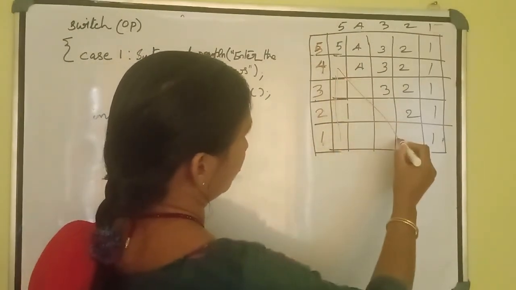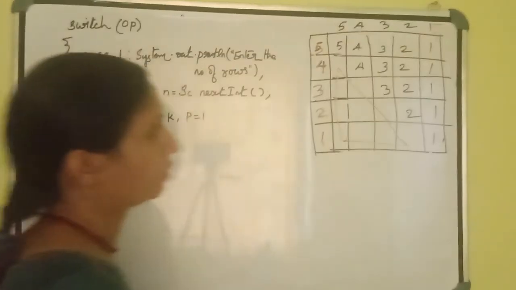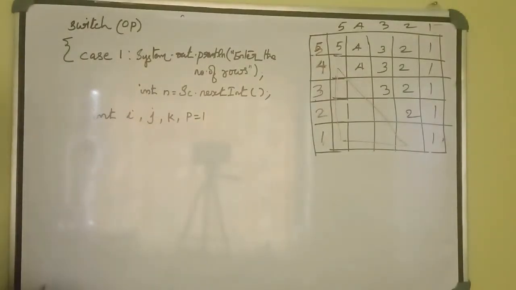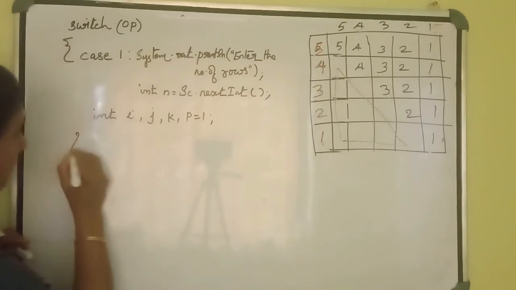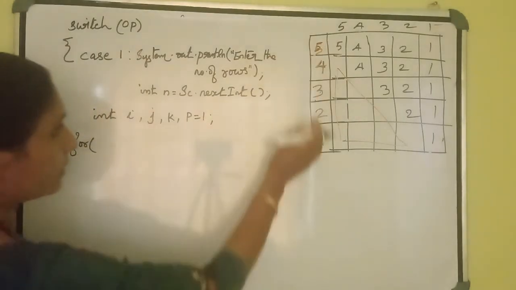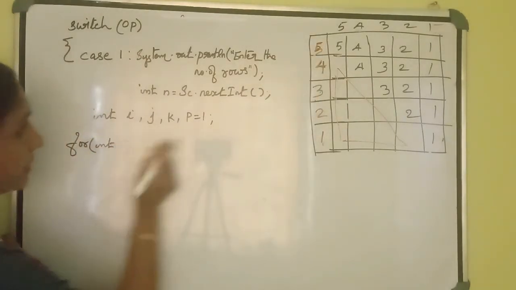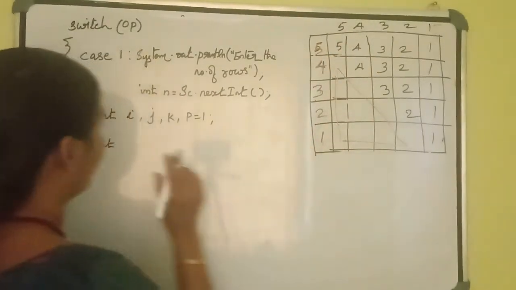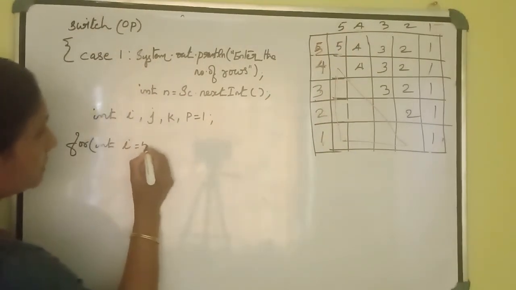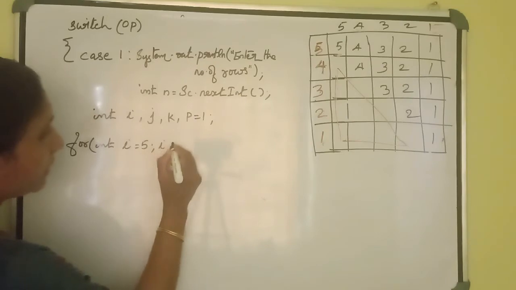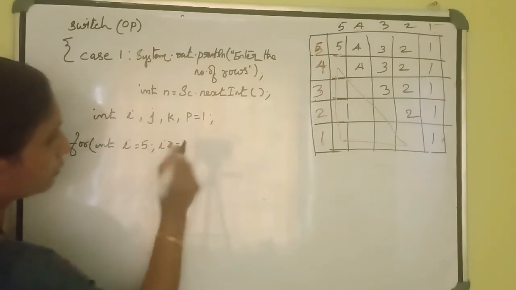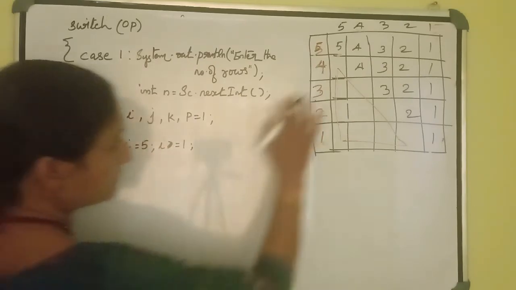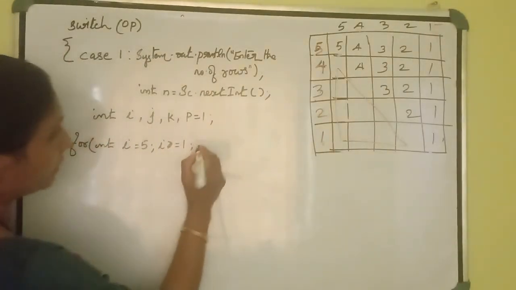See, we need to print this one also. Okay. Then, for that, first I will start with a for loop to print these rows. The starting value of this row is 5. Because of that, I had to give i is equal to 5, and i greater than or equal to 1. That means it is decreasing, up to 1 we need here.